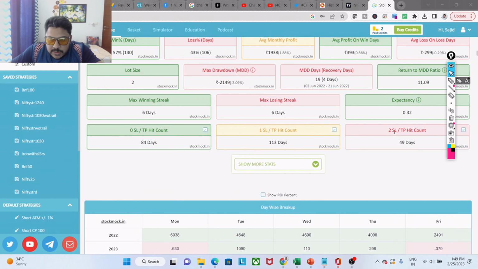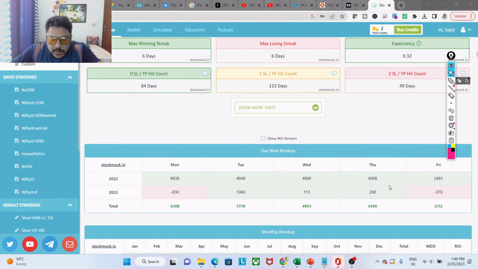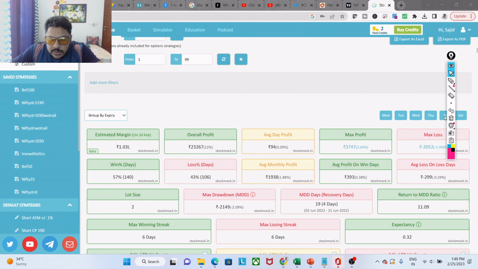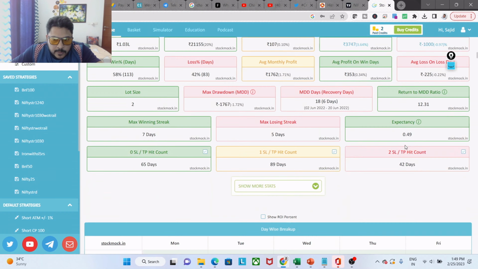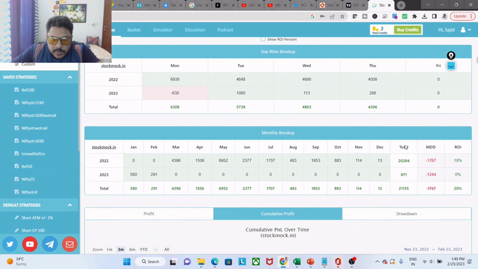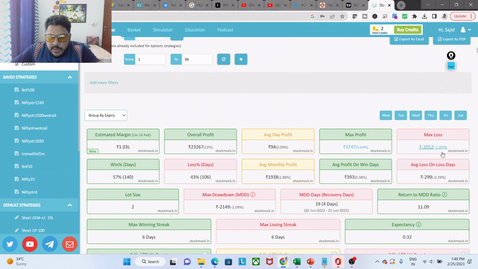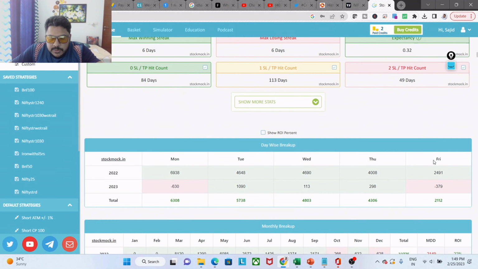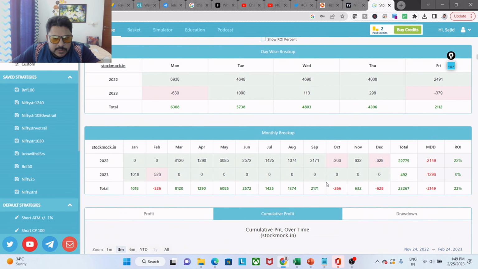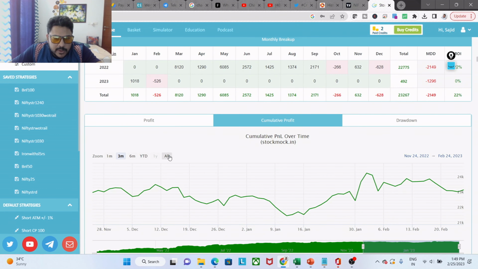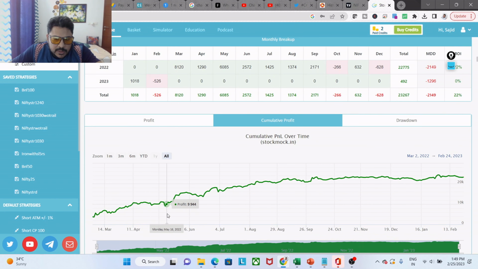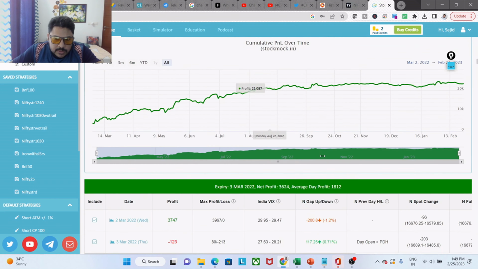I think we can see that here. If we just say that we don't want Friday data, just remove Friday. Okay, our profit is still 19-20%, so let's not remove, let it be there. So here you're making better return, and the same conditions you have to apply on a daily basis, and see the equity curve is also pretty nice, and there is not much of a